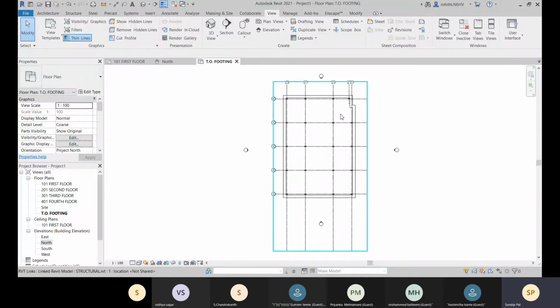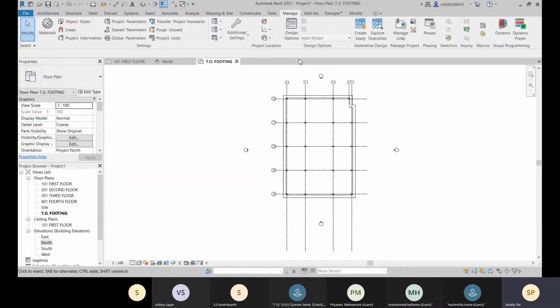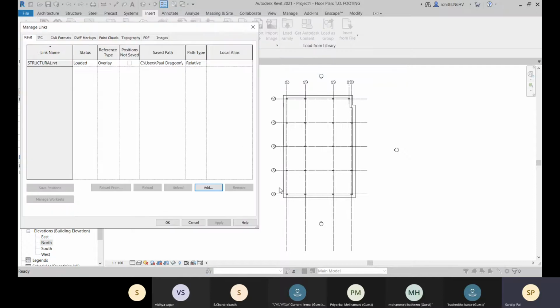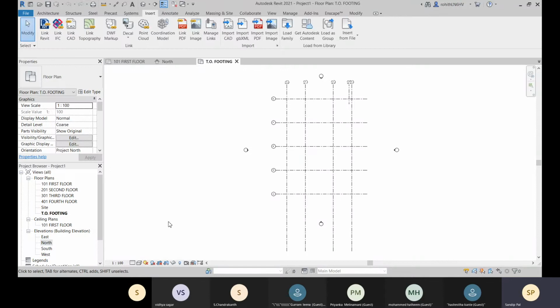All right. So now our copying is done. So now I can come to this manage link, or in this insert tab also I have this manage link. About this one, I don't need it anymore. So what should I do? Remove it. Let's go for OK and OK.